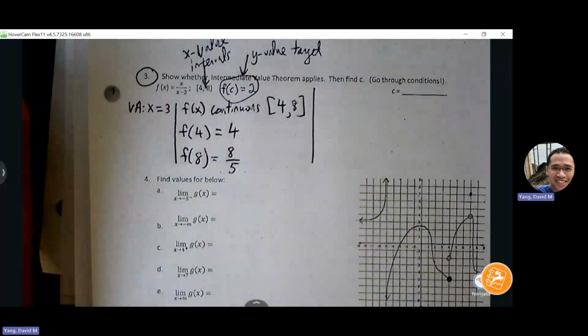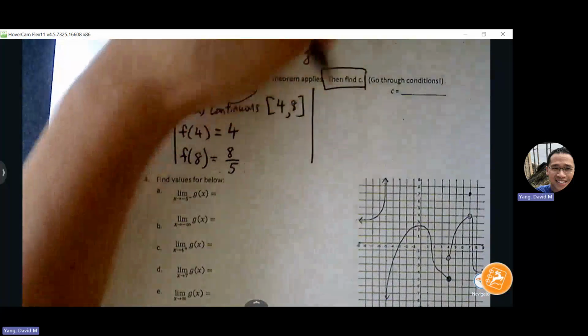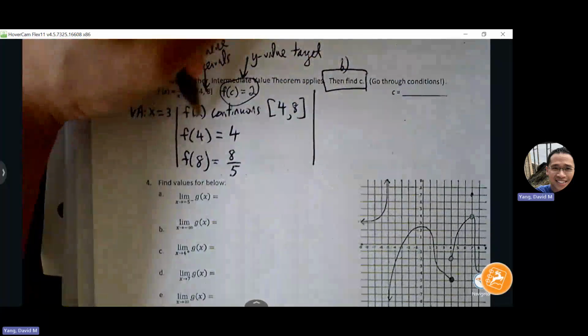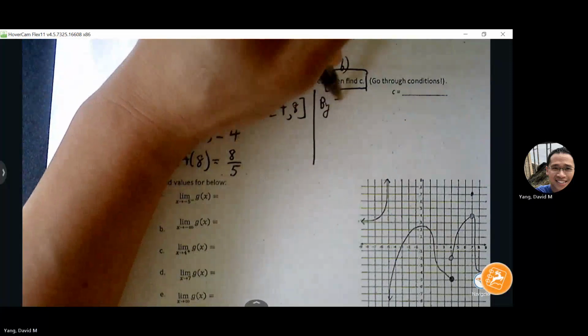Okay, so now we just have to go through our conditions here. Now there's a second part. The second part is finding C, but we'll do that for B. So we can say that by IVT, since